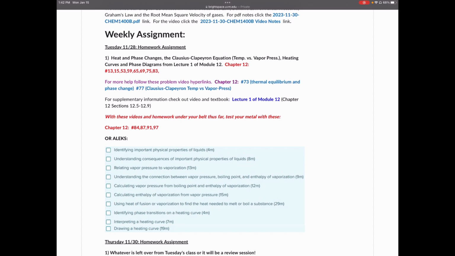There's just a lot of information that's provided. What should you do is what's in red, right? So those homework problems that are found at the end of each chapter, we see those always in red in our weekly assignments or even our daily assignments, and that is really the meat and potatoes of the course. Please focus your attention there.